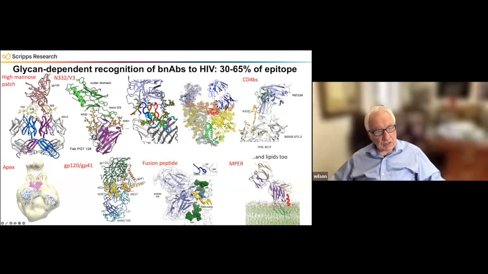We've defined pretty much all of these different epitopes now, either by X-ray or by EM. There's also another interesting thing: not only do carbohydrates play a role in these antibodies, but when you're trying to target right down at the base of the spike protein where it enters the lipid membrane of the virus, there's an epitope all the way down here, and that antibody can also interact with lipids, so it has started to acquire some specificity for lipids. So there's a lot of complicated things going on with HIV.